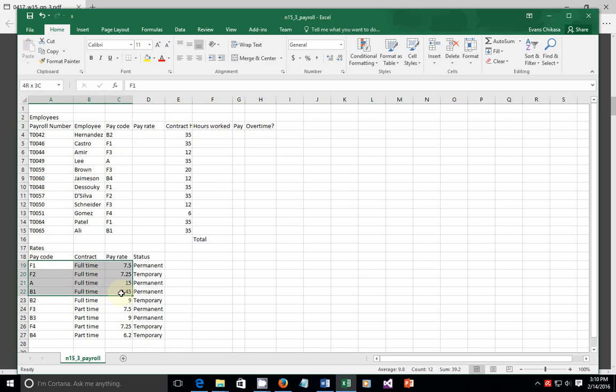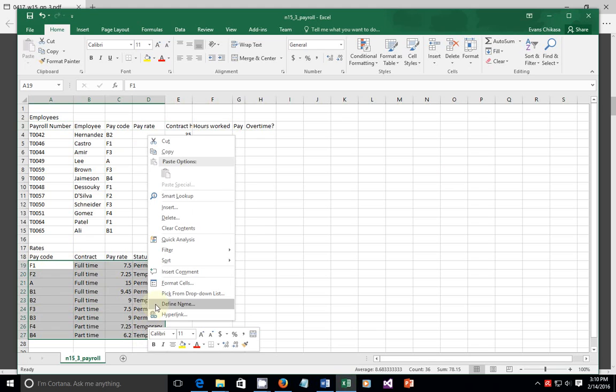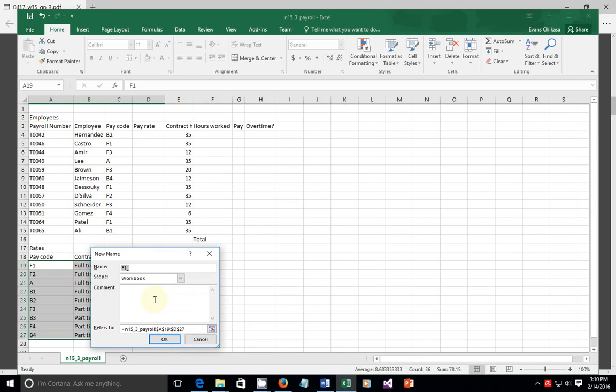I'll highlight all these cells up to the end there, right click on them and define name. Now you may be using maybe Word 2007 or 2010. I don't know how it will appear, but basically you select the range of the cells that you want, and you right click, and then there should be something related to a named range, or create a named range. Okay, so I'm going to call this